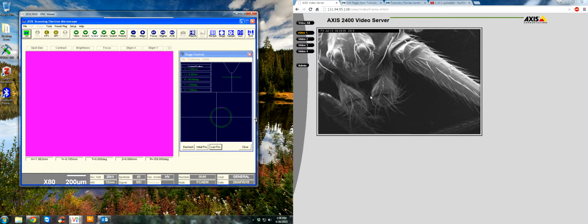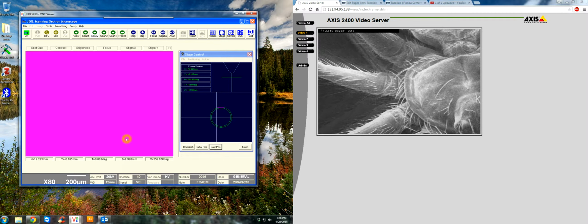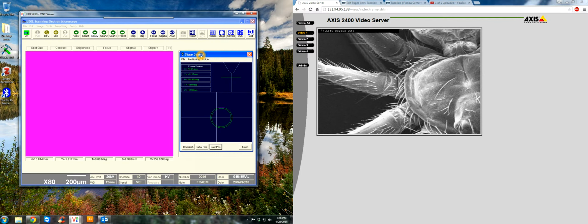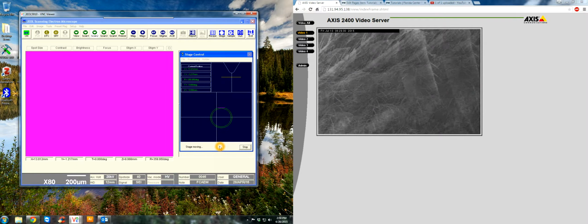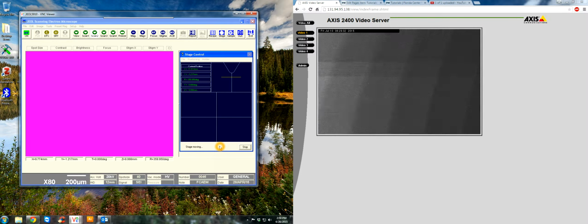A lot of people might not be interested in these biological samples, so maybe geologists want to look at rock thin sections. So I have a thin section in this part of the stage. It's an igneous intrusive rock, so under stage control, I know it's in this area of the stage, so I'm going to click it, one click, and hit go, and we'll move over to the thin section,